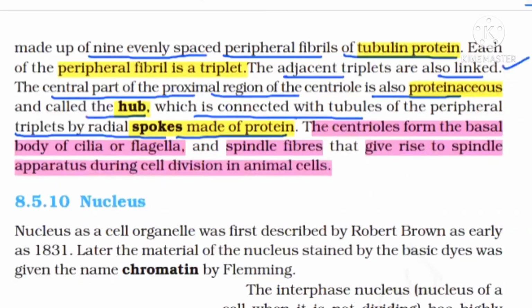If I'm saying that the centriole helps to make the basal body of cilia and flagella, then can I say that the centriole, meaning microtubules only, helps to make the basal body of cilia and flagella? It means microtubules play a very important role. If microtubule is there, it means we can make the basal body of cilia and flagella, because the basal body of cilia and flagella is nothing but a centriole-like structure. If I'm saying centriole-like structure, it means 9 plus 0 arrangement. They are the ones who are going to make the spindle apparatus also. It means spindle fibers are also made with the help of microtubules.